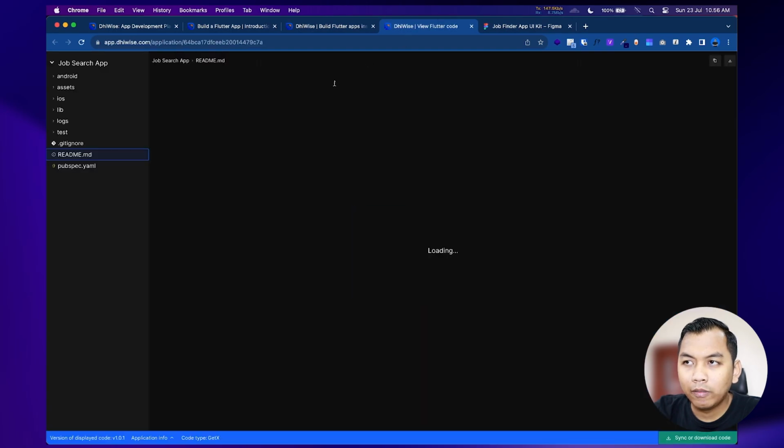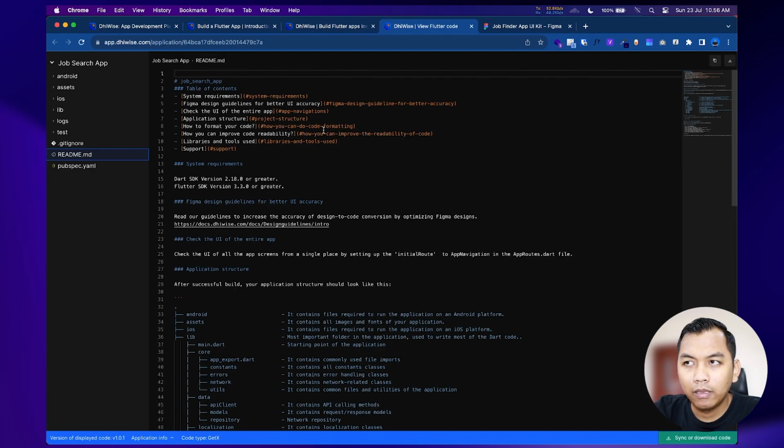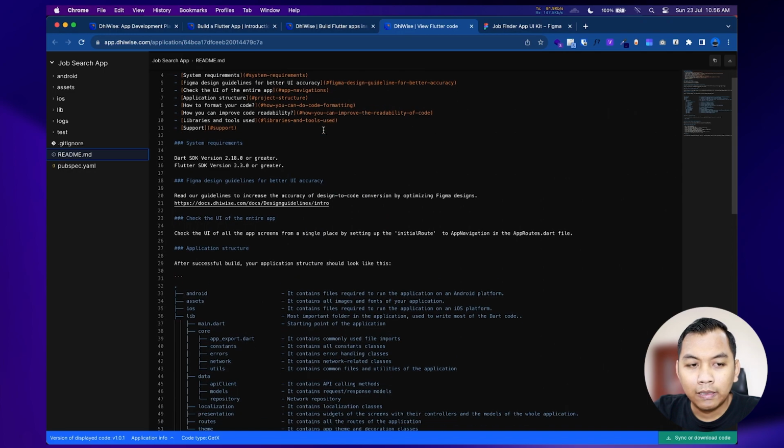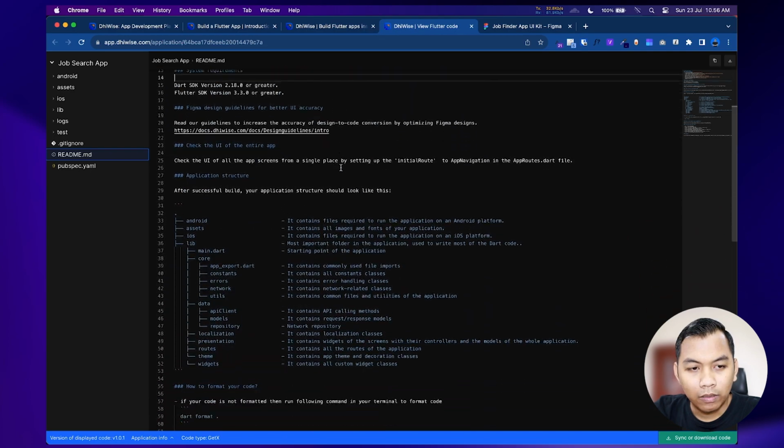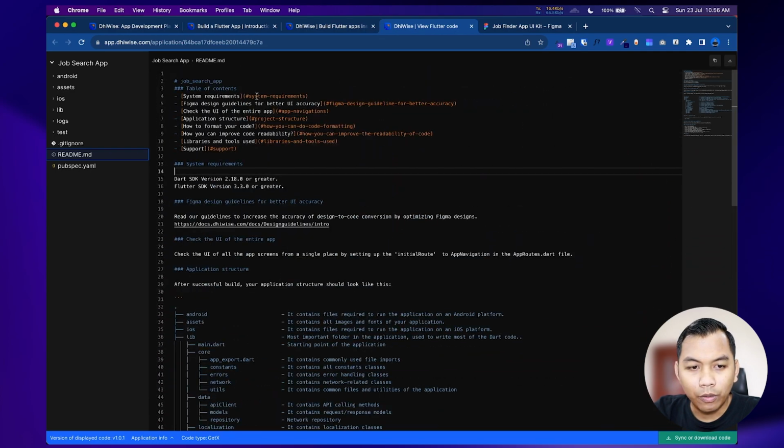And after we finish building the code, we will see it bring us to this new page or new window, which is our code: Android, iOS, asset, lib, and so on.